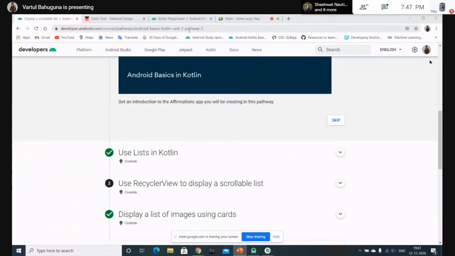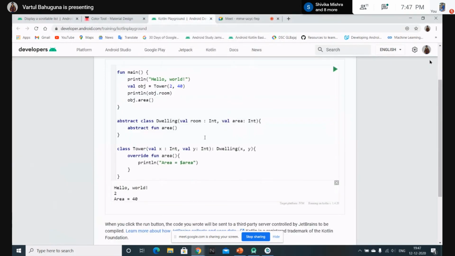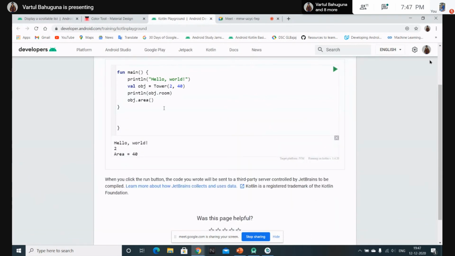So let's go with some coding part of this list. Let's remove the previous code. To declare a list, just type val or var, whatever you want, followed by the name of the list.